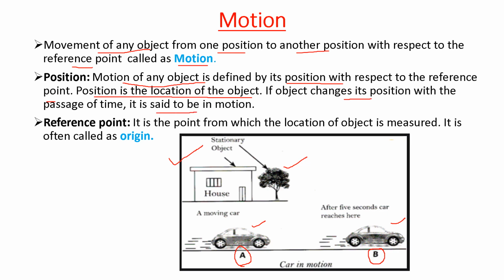Okay, now what does this reference point mean? It is the point from which the location of an object is measured, and it is often known as the origin. This reference point can be anything in different contexts. It can be a school, it can be a tree, or it can be anything. So this was about motion. Now let's move to the next topic,